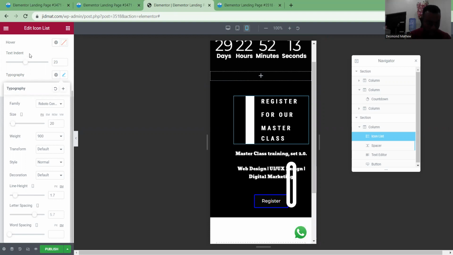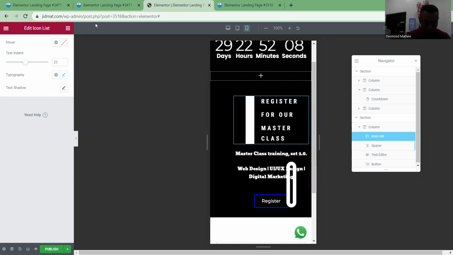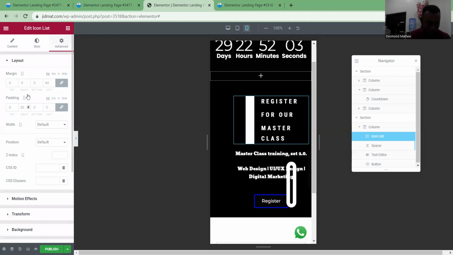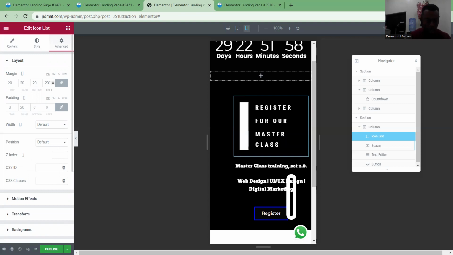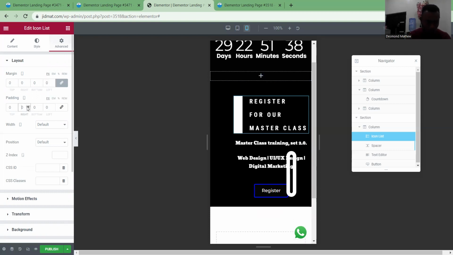So I will go back to the advanced where I was putting the border and the margin. I will change the margin to 20. That is the margin top. No, sorry, I don't want it to be total margin, because if I didn't remove that, the margin is still at 0. Then the padding from here is 20. I want to remove the padding. I want to put it at